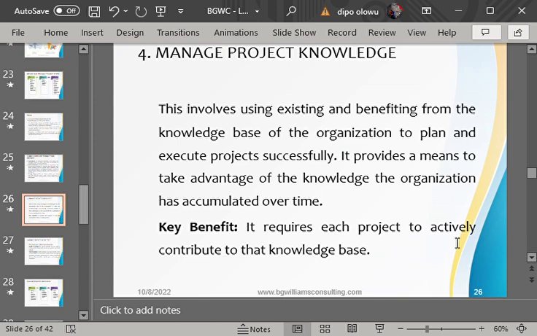Work performance data is gotten from the project. Now, work performance information, the project manager analyzes the data he has gotten from the project and compares it with the plan and sees if they are in alignment. So it is discovered that they are either in alignment or not in alignment. So what do they now do? It becomes information. If you compile that information in a document and say, let him send it to the MD, let him send it to whoever needs that information, it becomes work performance report.